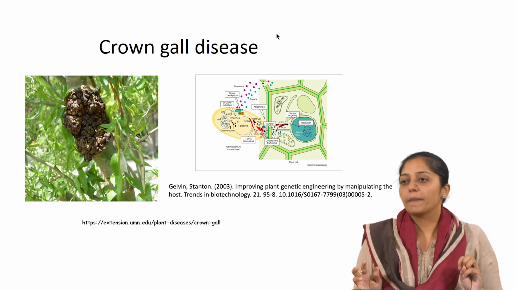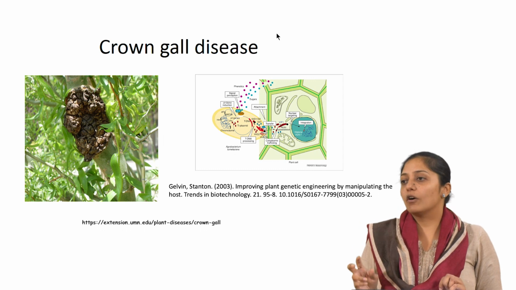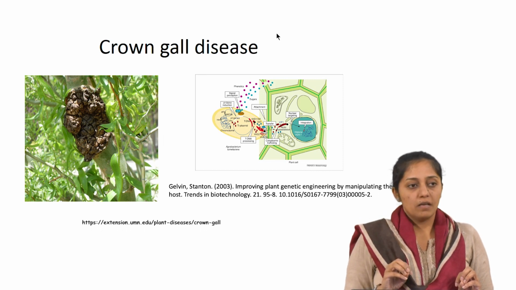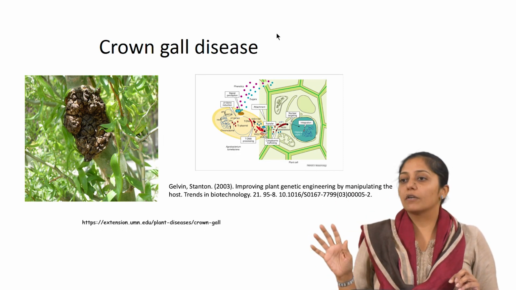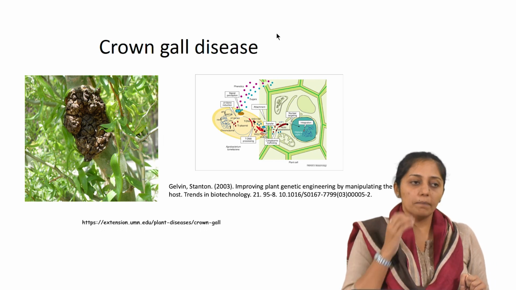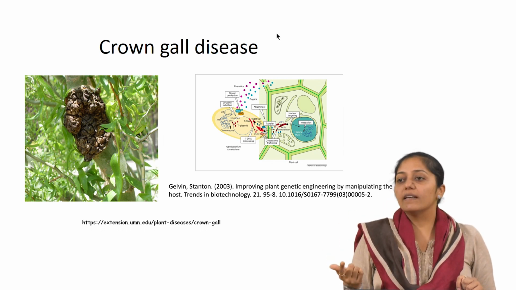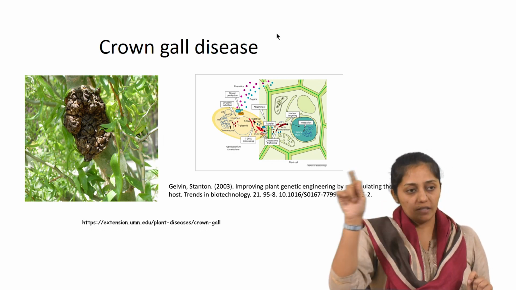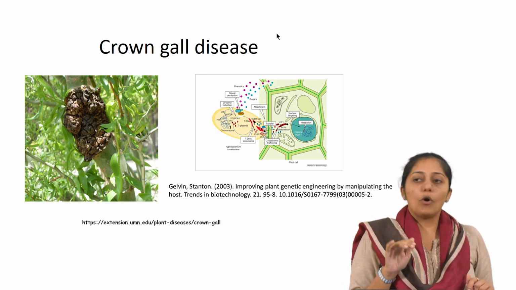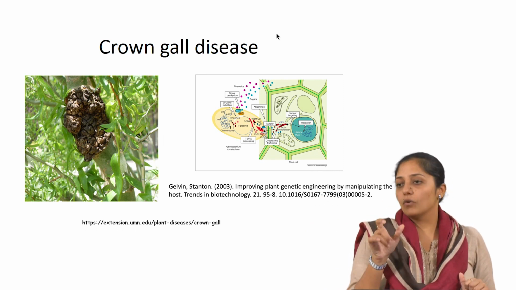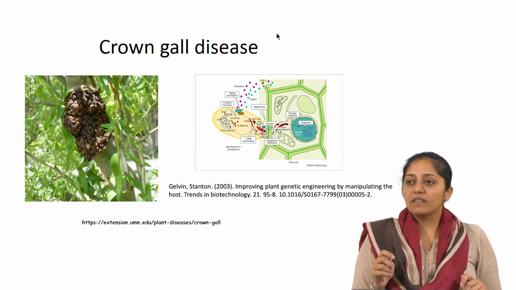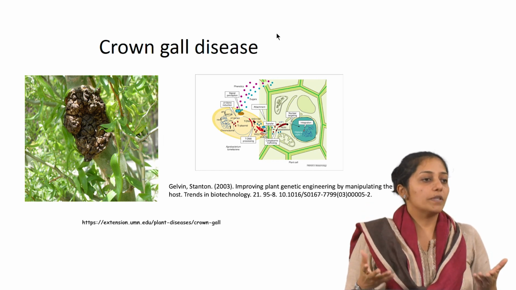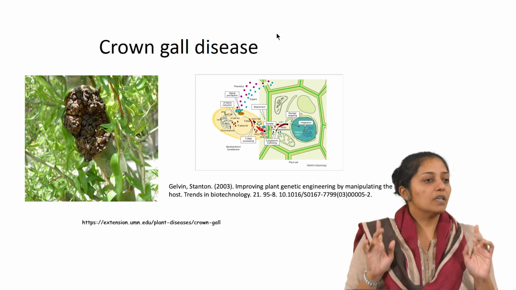It has a plasmid which is called a tumor inducing plasmid or a root inducing plasmid. Now these plasmids have certain genes which can get integrated into the plant chromosome, thereby causing transformation in plant cells. Now this can be exploited in vitro by removing some of the genes which are not necessary for the transfer and putting in your polylinker sites or your multiple cloning site, which you know as MCS, with unique restriction sites so that you can insert your desired gene along with your marker system into the tDNA.